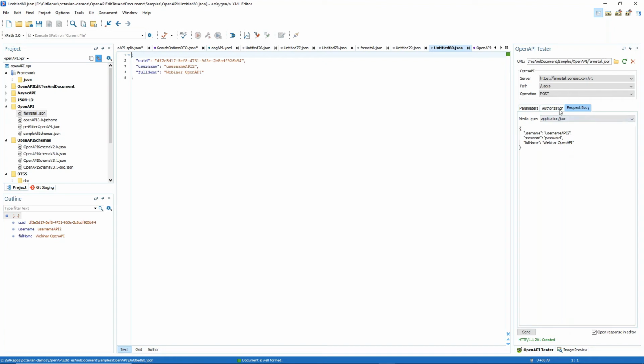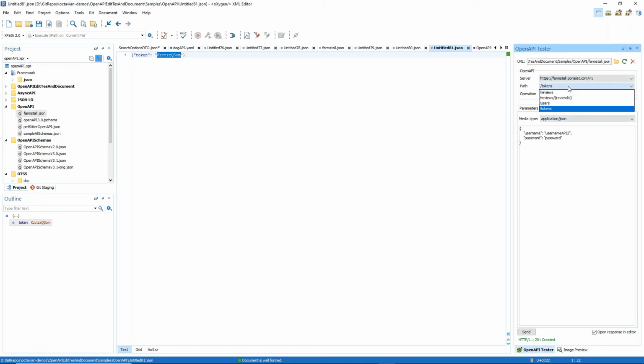API 2, and then I can go to generate a token. So I can go to the tokens, and I have no parameters. I don't need an authentication, but I need a username and password, and the username is OpenAPI 2, and the password is password. Then I have a token now, and because I have a token, I can use it. So I'll copy it from here and post reviews on the server. So I can go to the reviews, and I can use the post operation, and in the request body I can type a message